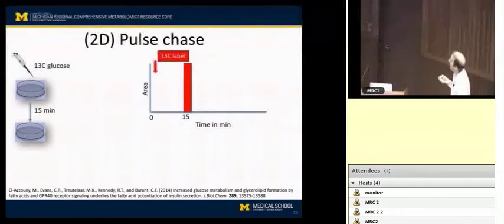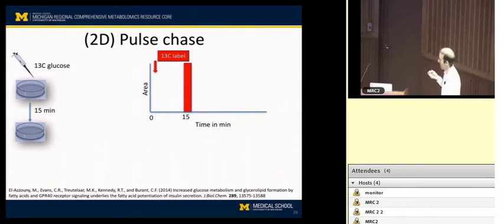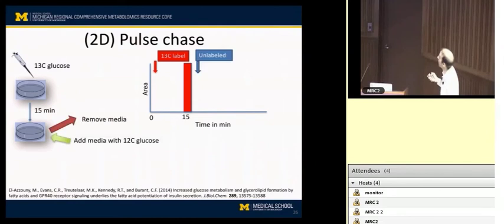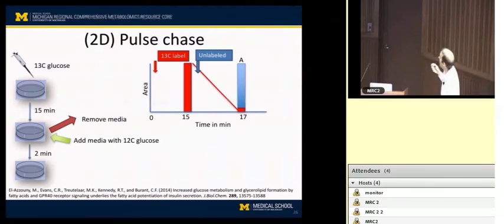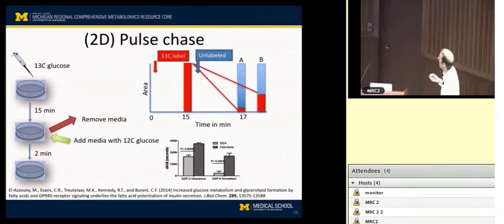The 13C label, after 15 minutes, not surprisingly, we're just looking at 13C abundance, is complete labeling. Glycolytic intermediates tend to get essentially fully labeled. Then when we remove the media and add the media with 12C glucose, we go from labeled to mostly unlabeled in one condition, but in a comparison condition, we get a lesser degree of unlabeling. You can then look at those rates and say something about the rate of clearance and formation specifically, because we know how quickly the 13C went from this labeled form to these two unlabeled